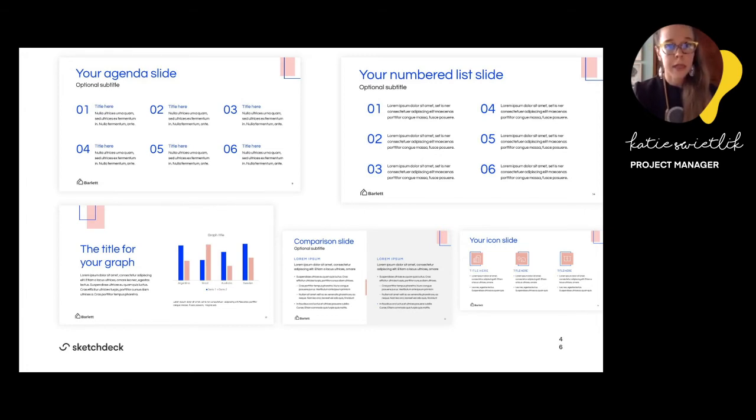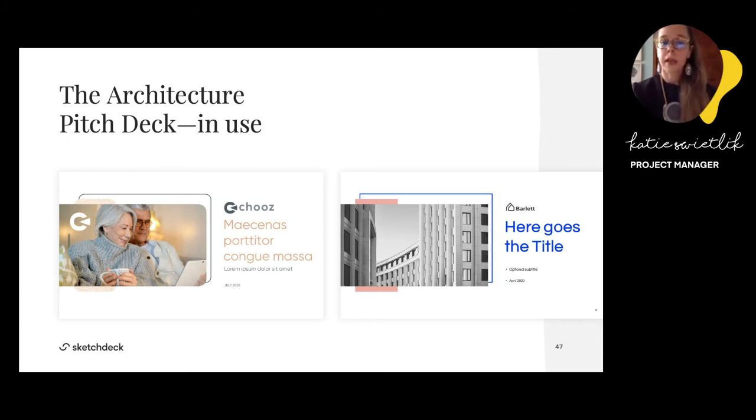And then these next few slides will show what we've done for a company which we have anonymized and called Choose here. I've found this to be a particularly nice example of how one of our templates can be customized to a client's brand identity. For example, on the right, we're seeing the cover slide directly pulled from our sketch deck pre-designed template of the architecture pitch deck. On the left-hand side, we're seeing what we've delivered to a client. Again, anonymized, but what we have delivered following the same structure of the